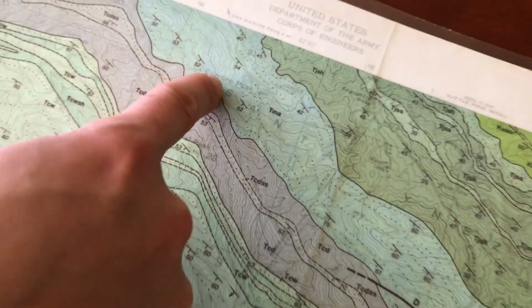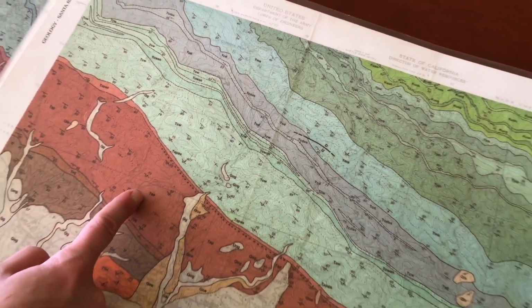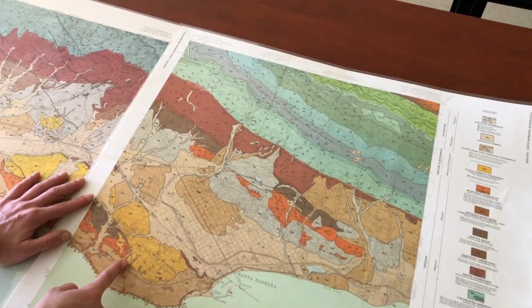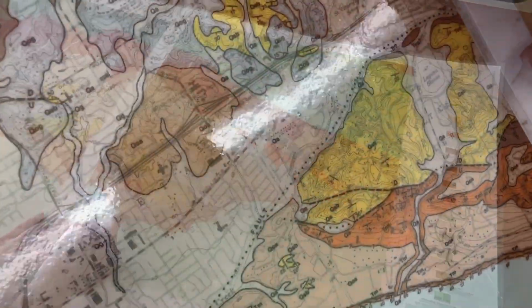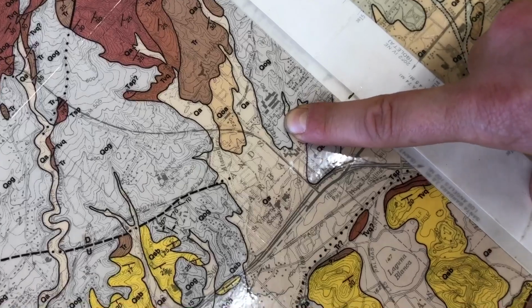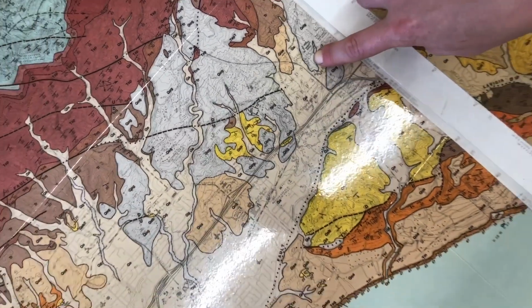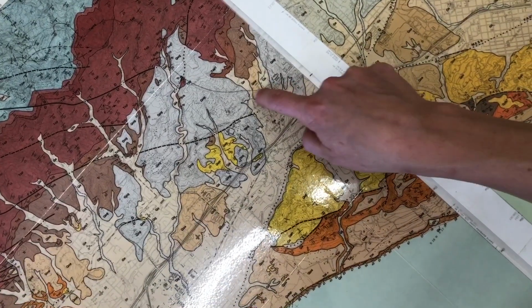And then as we go down the map this way, topography is getting less and less as we get down towards sea level, which is zero. Think of right here where my finger is pointing is your school, La Colina Junior High. You can see that right to the west of you is Highway 154,